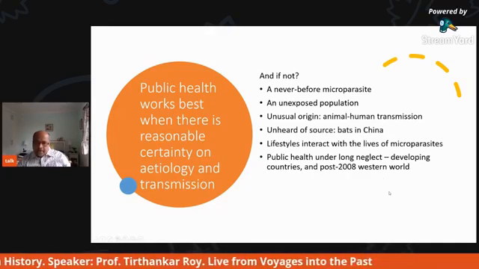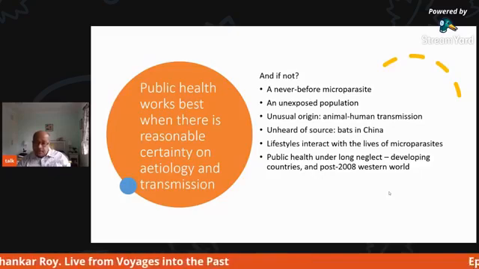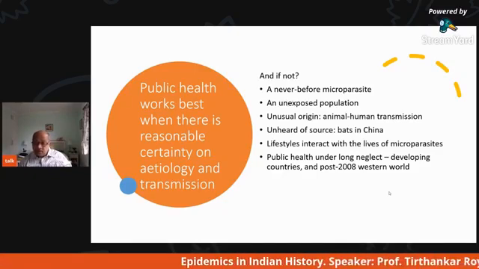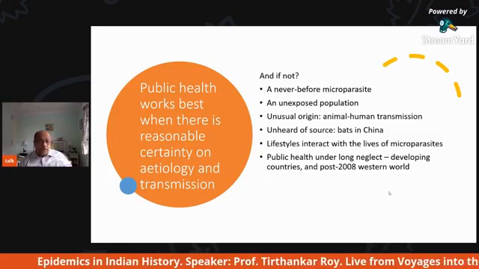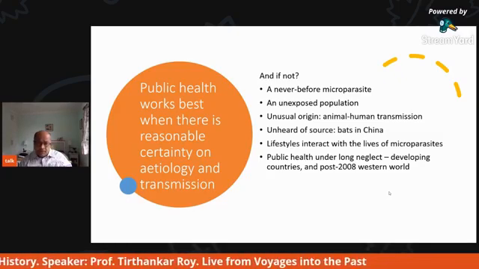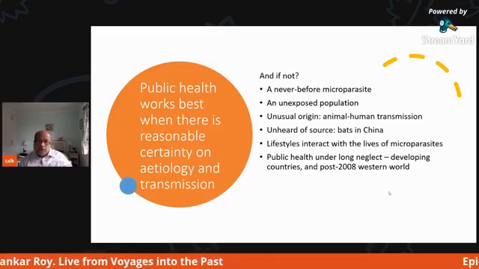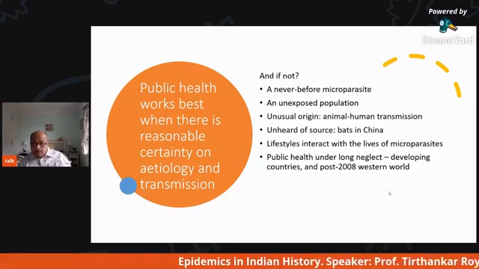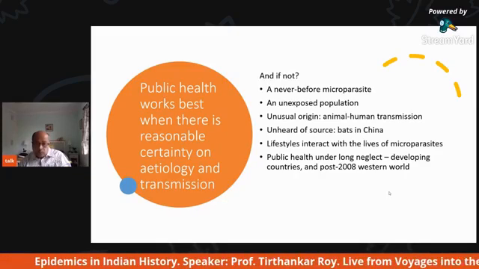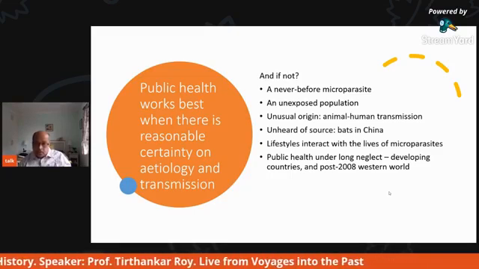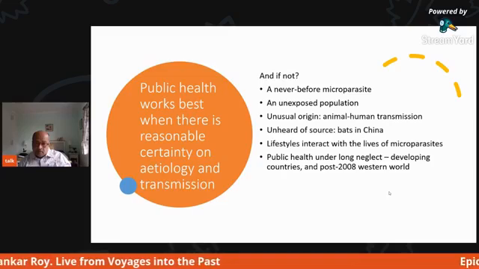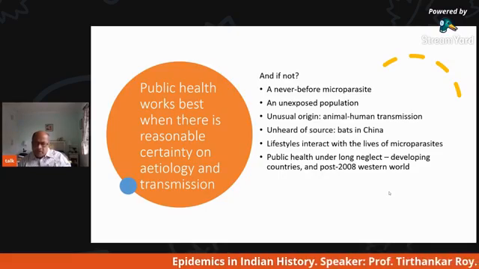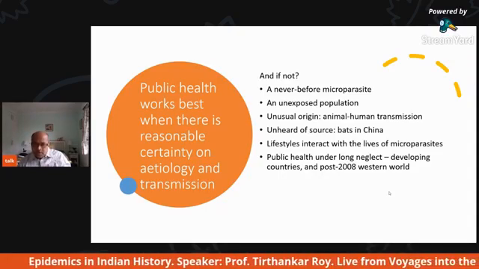And when you have public health under long neglect, which has happened in many developing countries, which is a kind of normal condition in many developing countries, one of the definitions of being a developing country, but which also happened in the Western world after the 2008 financial crisis. A lot of money was withdrawn from public goods, both education and healthcare. And of course, given that 2008 was absolutely devastating, and that the governments overcommitted themselves in dealing with the after effects of that economic shock, it left a huge number of services completely exposed